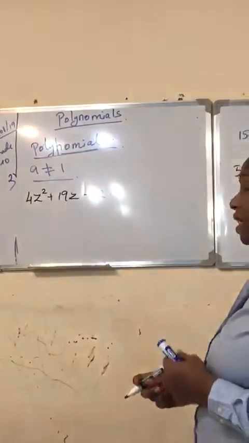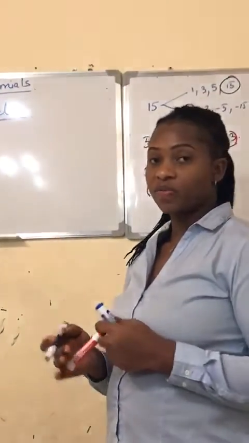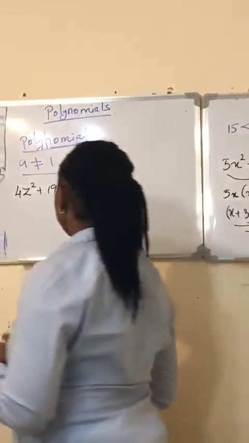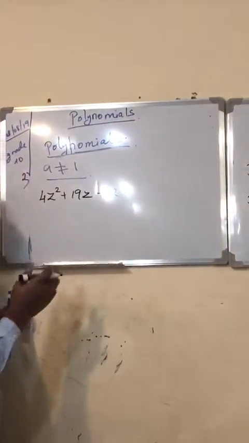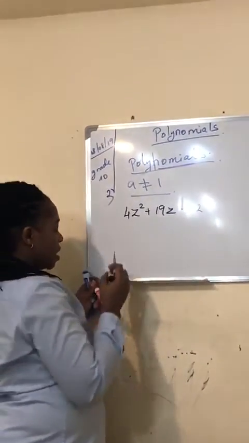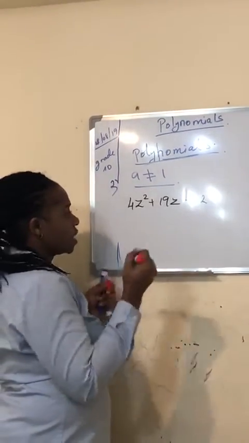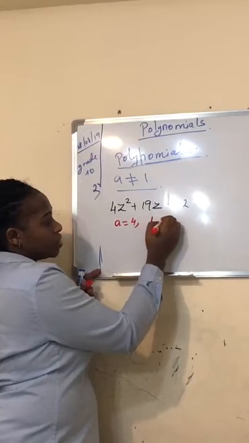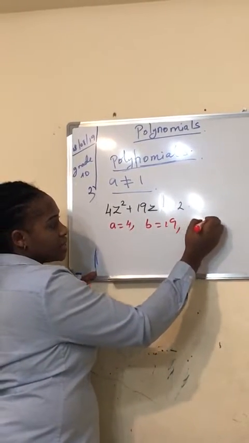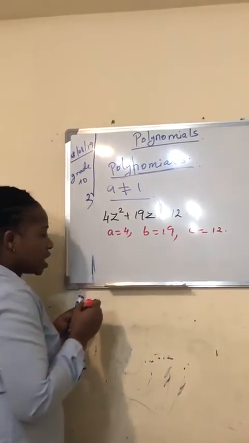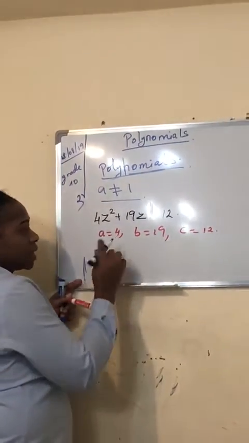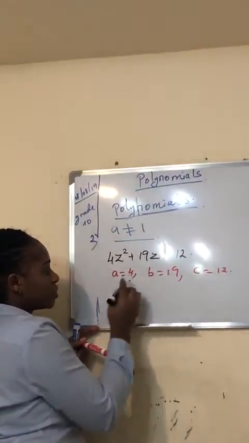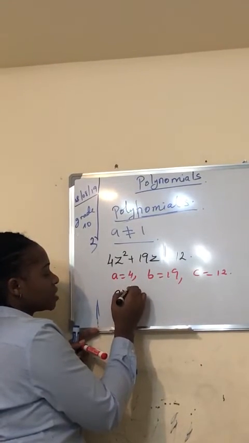So we can always take bigger numbers. All you just need to do is to find the factors and find those two numbers which can be added and multiplied. So again, our a here is 4, b is equal to 19, and c is equal to 12. Again, our product is AC, or we can take DE depending on you. So you should know that the product A times C should give us